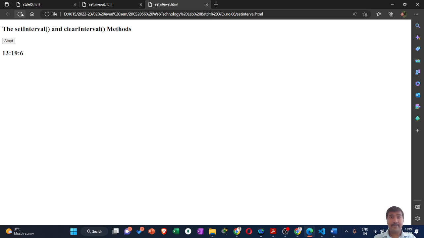If the question asks only to move from left to right, what you could do is just increment the x value, so this will move from the left corner to the right corner as you increment it. So this is how we can include animations using setTimeout and setInterval while using CSS